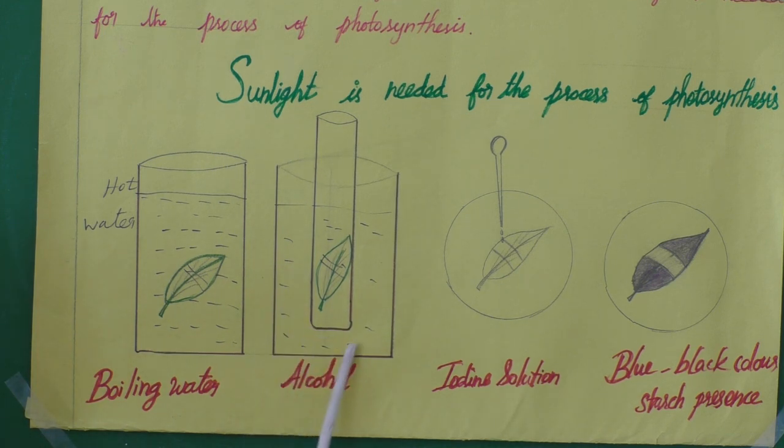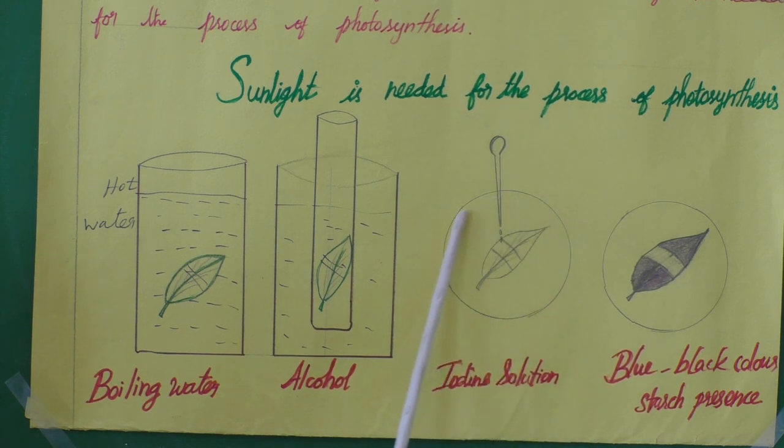Okay, why are we doing it like this? Because if we boil that test tube directly in the flame, it may burst. To prevent it from bursting we keep it in a water bath, called a hot water bath. Then take the leaf from this alcohol and wash it in cold water. Then keep the leaf in a dish, this round plate we call a petri dish.